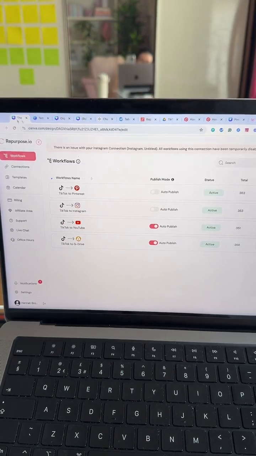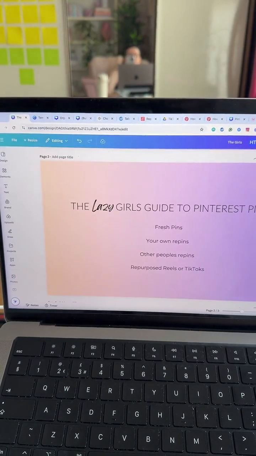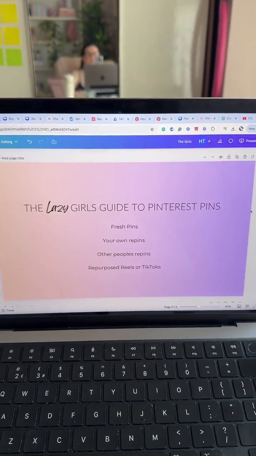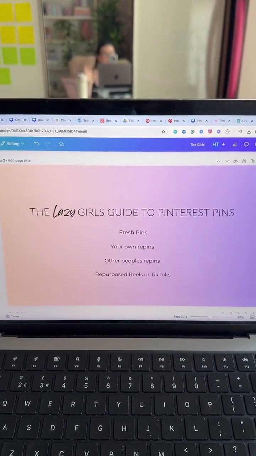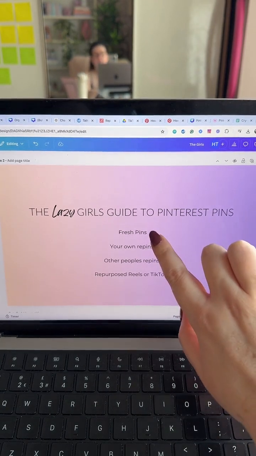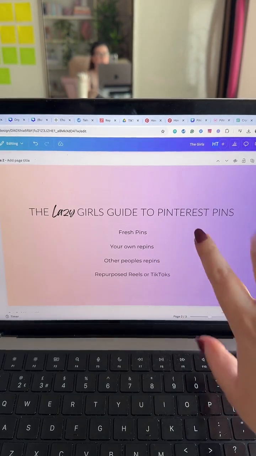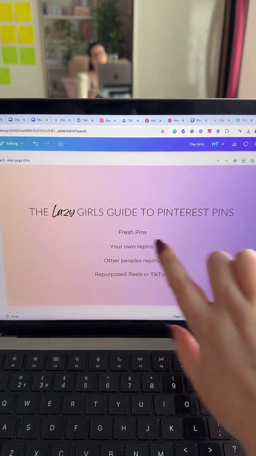So let's just go back to this here to go over what we've covered today. Remember, if you were to sit down today or this week and say, right, I'm going to sort out all my pins for the month and I'm going to have 10 going out every day, and that feels overwhelming, that's a lot. Remember that you're just going to create, let's say 30 to 100 maybe, just to get started with fresh pins. You don't actually need loads.